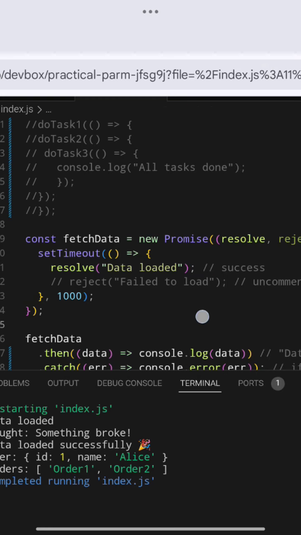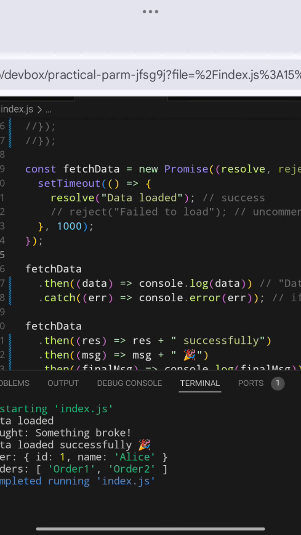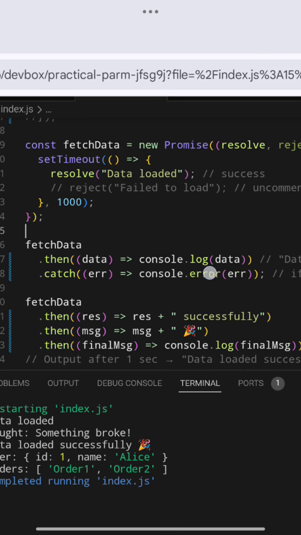From line number 16, if you see, here we have fetchData. What fetchData is doing is we are using dot then and dot catch right over here. So dot then and dot